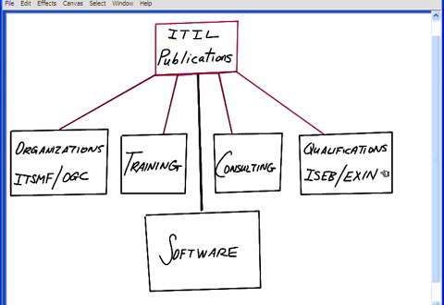We talked about these in the first nugget, the ISEB and the EXIN, the ones that deliver the testing services to qualify individuals to get those certifications. Then, of course, various third-party vendors create different software solutions for implementation, design, management, and delivery of IT service management